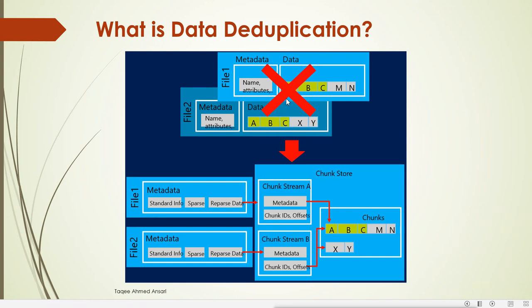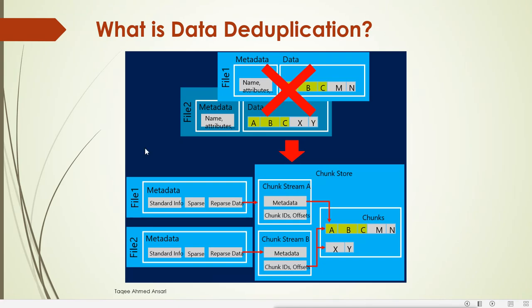In these two files, ABC is the common part, and the rest, MN or XY, is different.